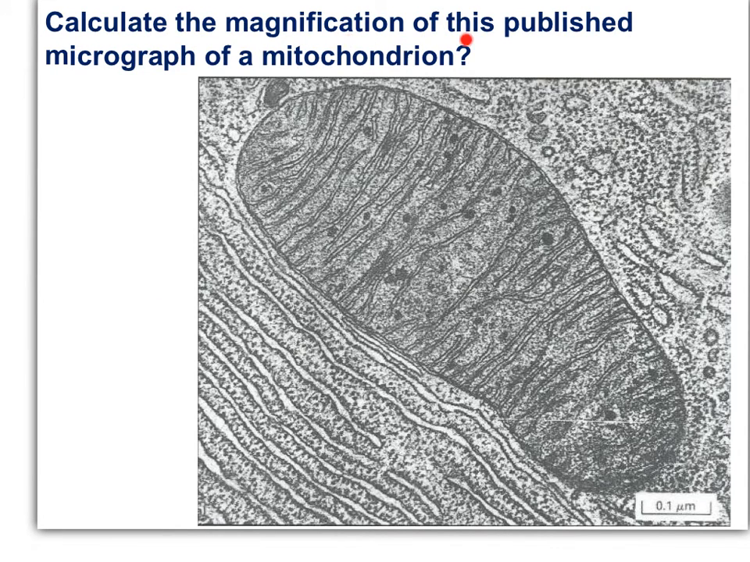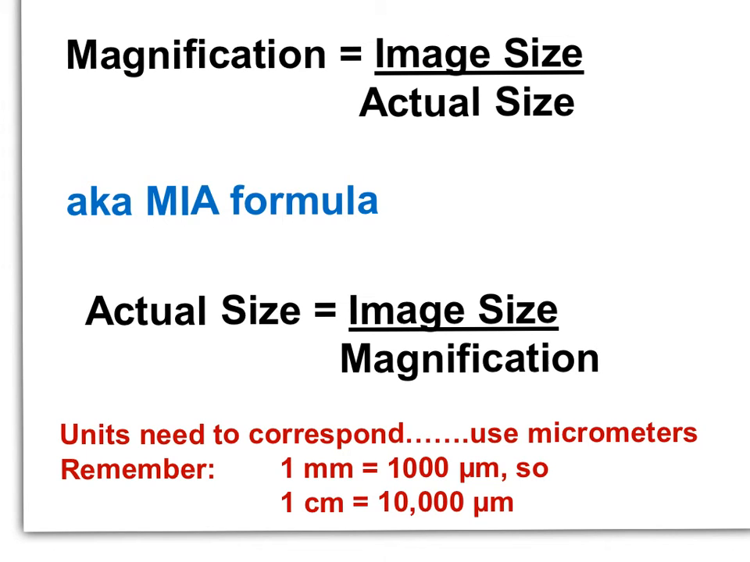Calculate the magnification of this published micrograph of a mitochondrion. You're going to use this scale line and a ruler, get out a ruler, so that you can calculate the magnification of this image. Here's the formula. Magnification is equal to image size over actual size. I call the formula the MIA formula, and the equation can be rearranged to find actual size if you're given